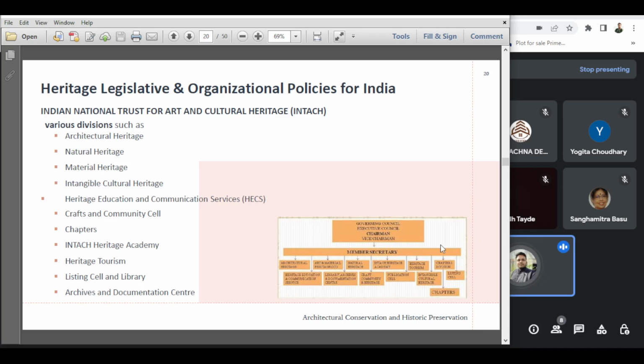So the listing cell is responsible for documentation and listing of the heritage properties throughout India. They coordinate with the other divisions, and the listing cell coordinates with the chapters and works in the field of listing and documentation. Then the Archives and Documentation Center is there, where we can find the archives, the old books and various documents related to heritage